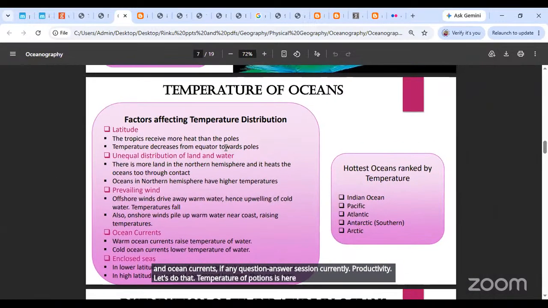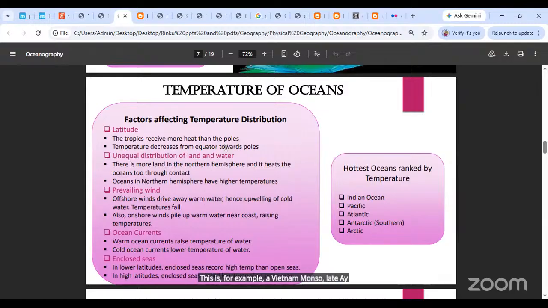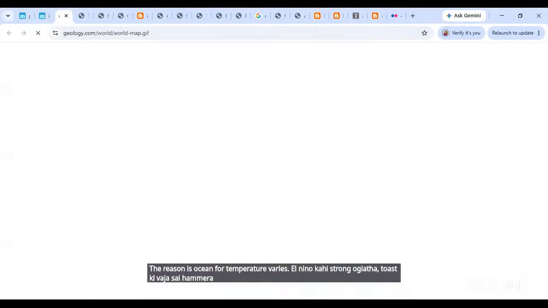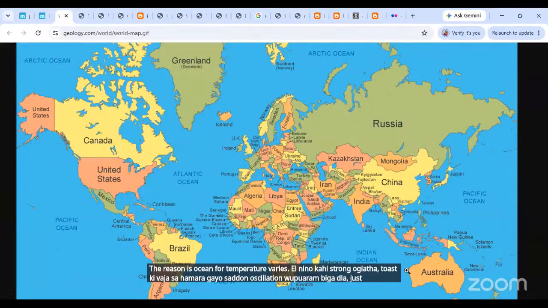टेम्परेचर ऑफ ओशंस इसलिए देखना जरूरी होता है बिकॉज व्हेन वी स्टडी ओशनोग्राफी। जैसे फॉर एग्जांपल अभी अपना मॉनसून लेट आया, ऑलमोस्ट अ मंथ लेट। द रीजन इज ओशन का टेम्परेचर वेरी कर गया, एल नीनो कहीं स्ट्रांग हो गया था, तो उसकी वजह से हमारा ये जो सदर्न ऑसिलेशन है वो पूरा बिगड़ गया। जिस कोस्ट पे ठंडा होना चाहिए था वो कोस्ट गर्म हो गया, जो कोस्ट गर्म होना चाहिए था वो ठंडा हो गया, अपने इंडियन ओशन का टेम्परेचर बिगड़ गया एंड उसकी वजह से अपना मानसून थोड़ा लेट हो गया।